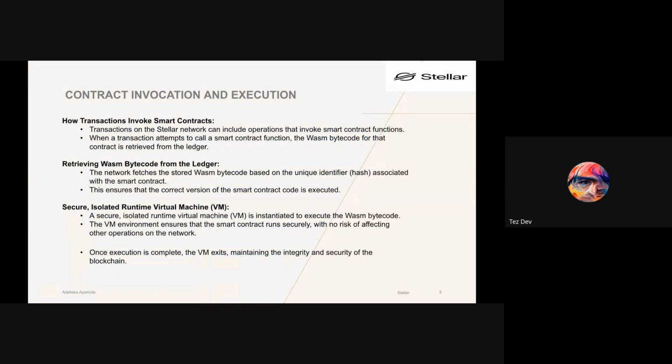Yeah, just wanted to check for the time, virtual environment. Does that mean if you run transactions that don't include smart contracts on Stellar, they will execute faster than transactions that do include smart contracts? I just want to check if there's a difference in the time for execution because of that extra call to the virtual environment.